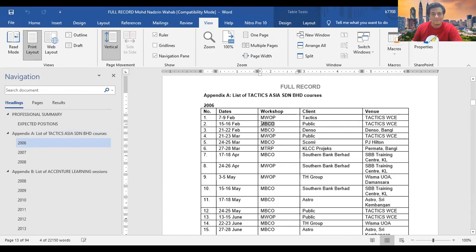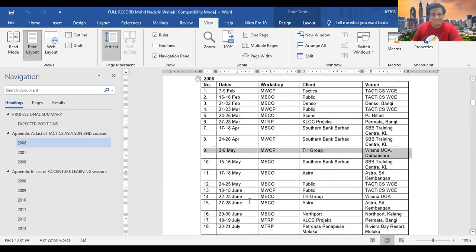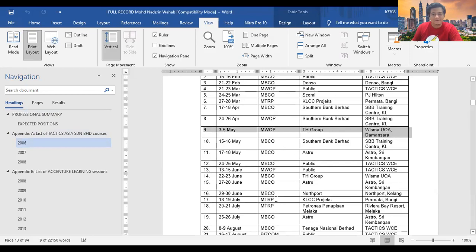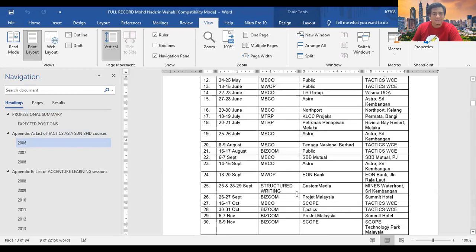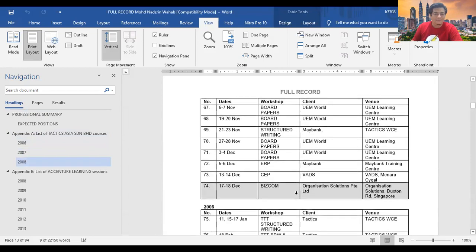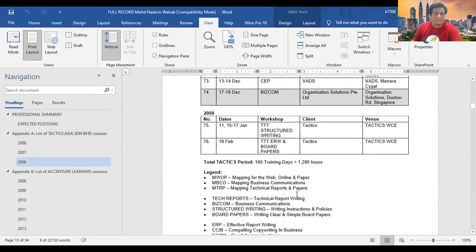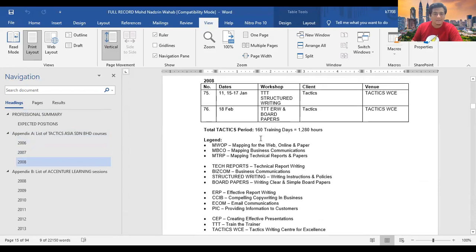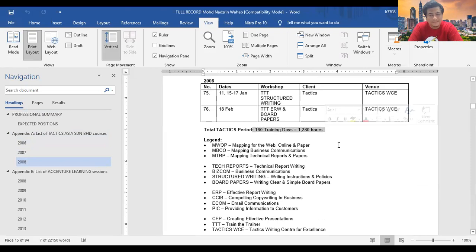MBCO was mapping for business communications. MTRP is mapping for technical report writing. At the end of that appendix, I documented how many hours that was, and when I turned it into 8-hour days, I got 160 training days.